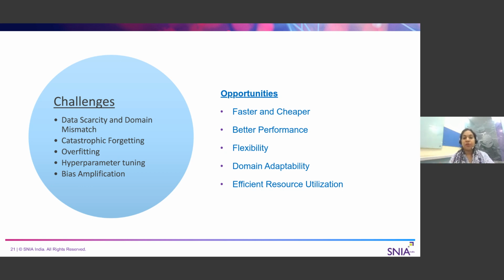Bias amplification. As we know, because we are feeding the model whatever data we have currently, whatever bias is there in that will get amplified if you don't train it in a proper way. There's a very high tendency that the bias in your training data set is going to get amplified in such a way that one set works perfectly fine, and for the same thing the other set doesn't work.